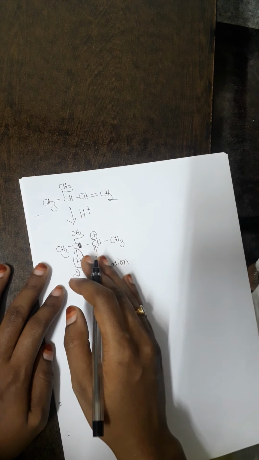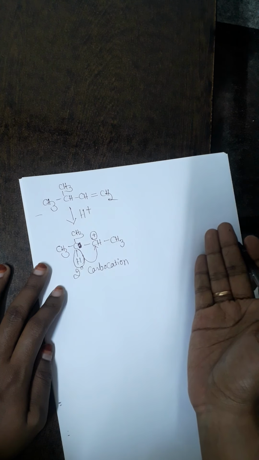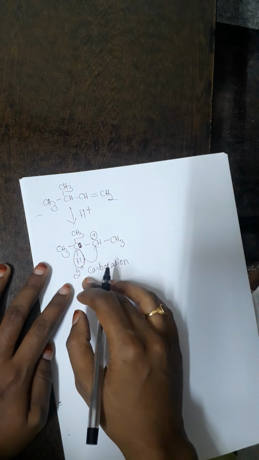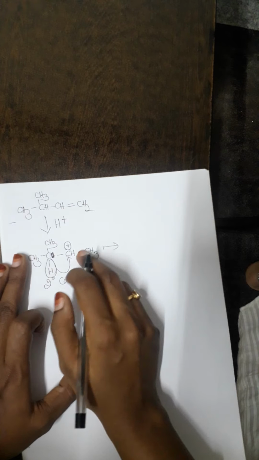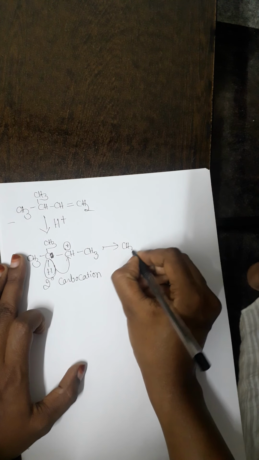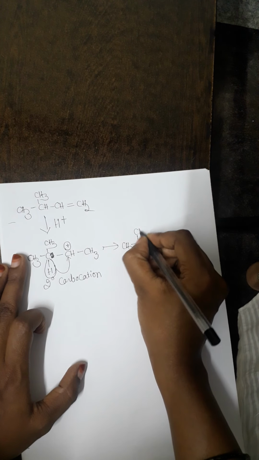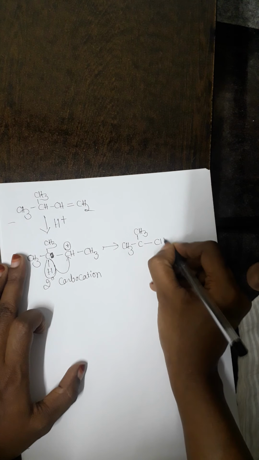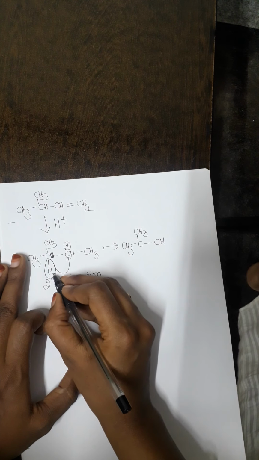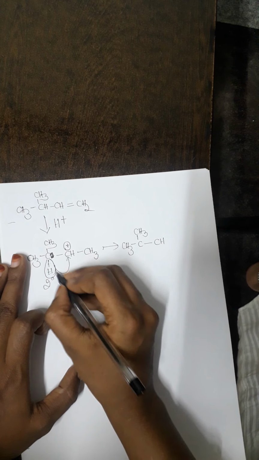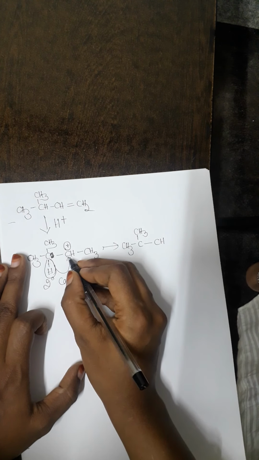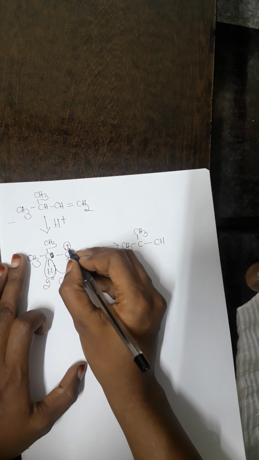So that you end up with the most stable carbocation. Here I have a secondary carbocation. Now as a result of the hydride shift, if I write the product you will understand. You can see CH3 CH; since the hydride, meaning hydrogen with the paired electron, is migrating from this carbon to this carbon to stabilize this positive charge,